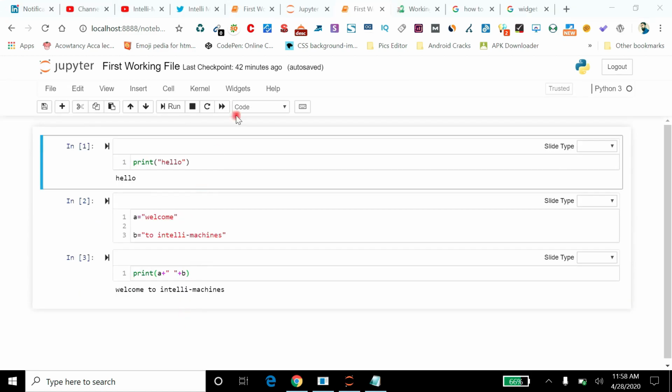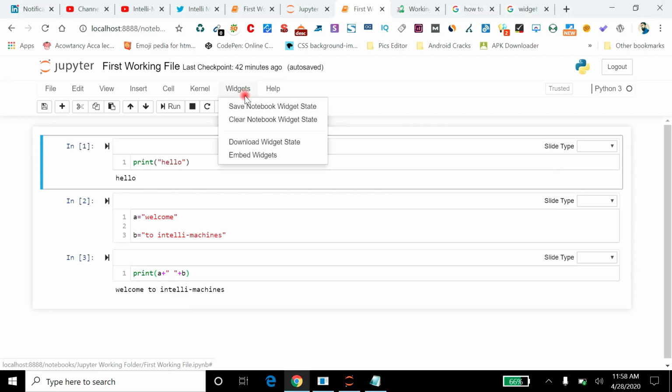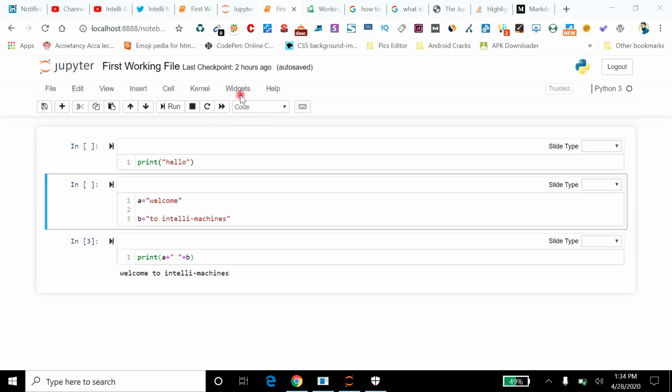Now here in the menu bar we have another option of widgets. And what is basically a widget in Jupyter Notebook? A widget is used to create an interactive graphical user interface for your user. Right now it is out of the scope of this video, but we may have a quick overview of